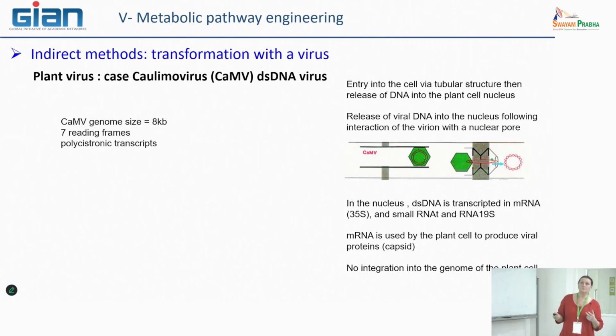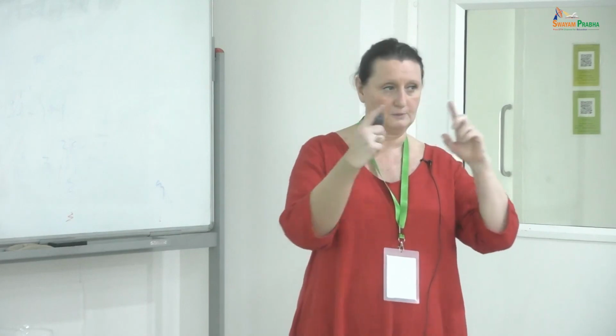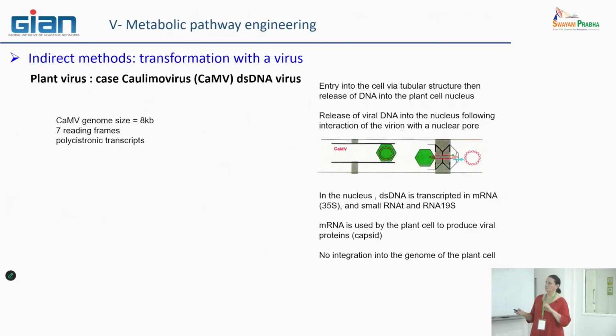The first one well known is called Caulimovirus, which was found in cauliflower. This virus is quite a small one, only 8 kilobases and with 7 reading frames. What is interesting is that we now know exactly how it functions in the plant cell. When they arrive in the cells, they are able to link via the capsid to the nuclear pore of the nuclear membrane, okay? And at this moment, it injects the DNA inside the nucleus.